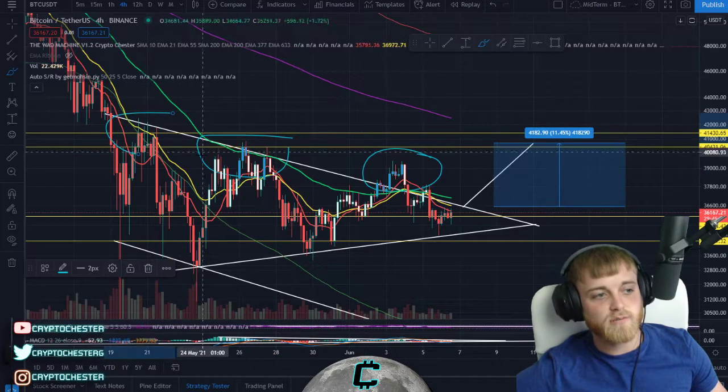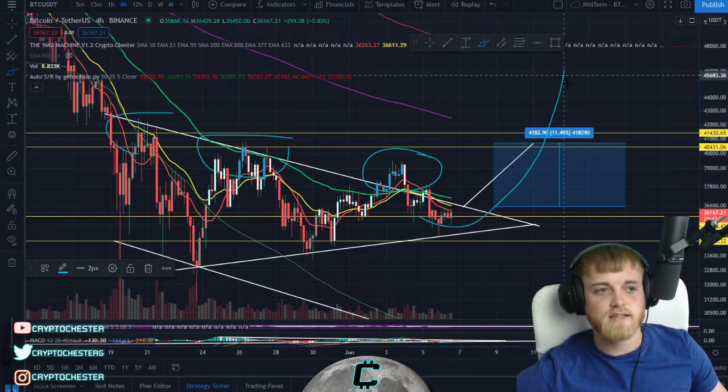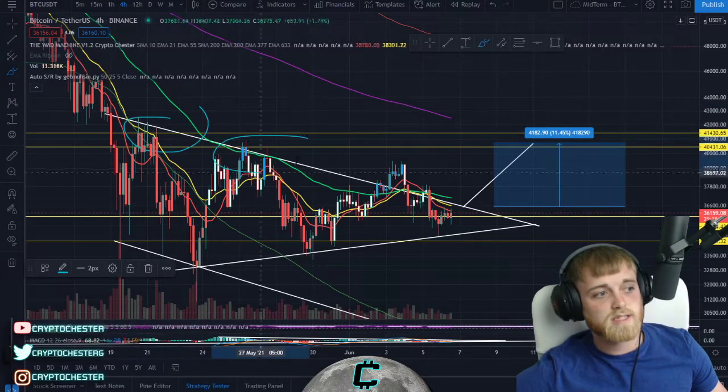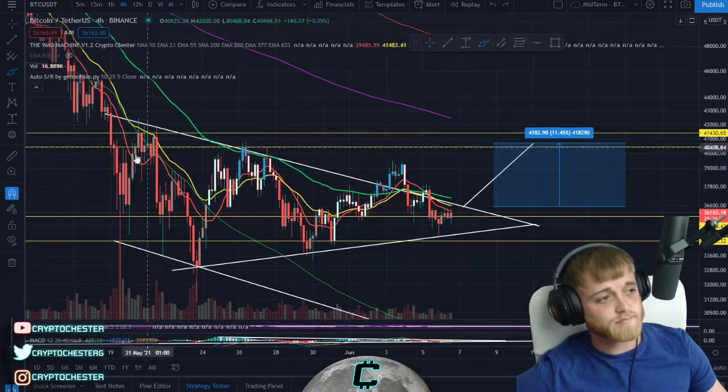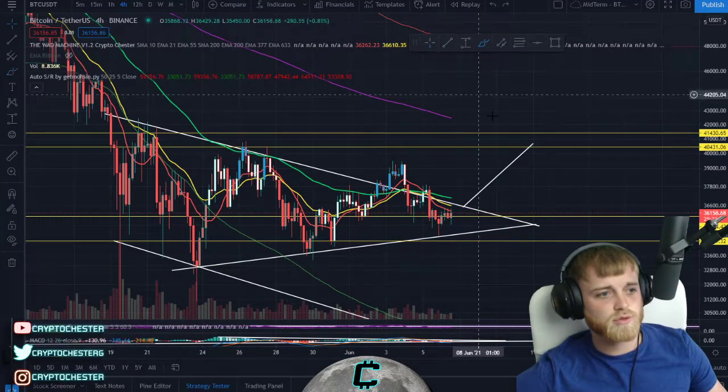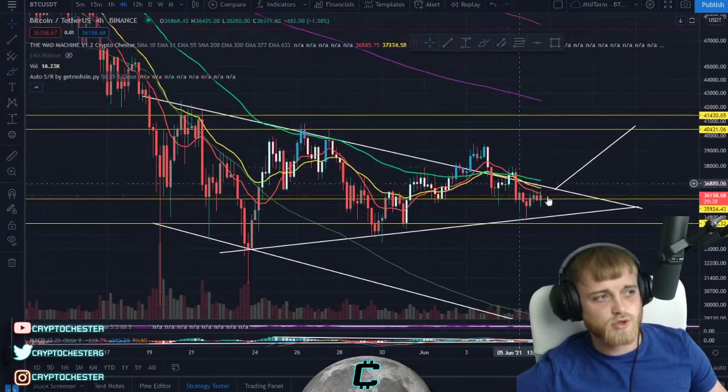I mean, that would be ideal if we can basically start invalidating these lower highs coming through here. And if we start doing that, it's basically an initiation, and we are going to have that continuation to the upside and basically see that reversing the trend. But at this point in time, we are setting these lower highs continuously. Not good stuff. Basically means we are potentially going to keep fizzling down from there. But yeah, definitely a few points to watch there in terms of the short term here for Bitcoin.